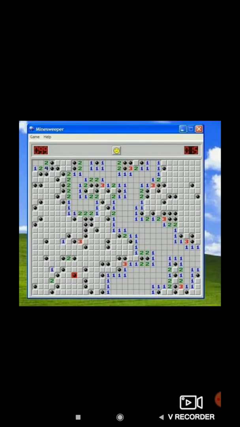There are 1, 2, 3 of those black circles with spikes, that's a mine. If you click on one of these blocks and it turns out to be a mine, the game is stopped, it's over. Otherwise, a number is seen, like 3, 2, 1, which indicates that many mines around the block.